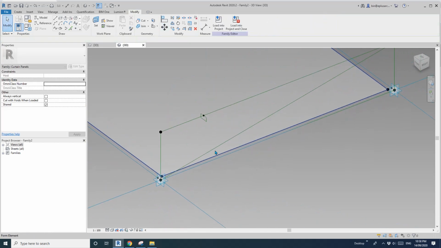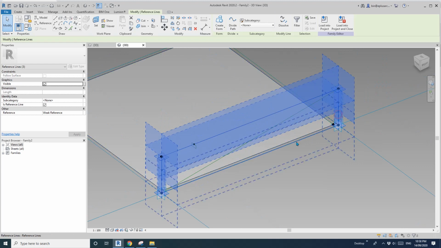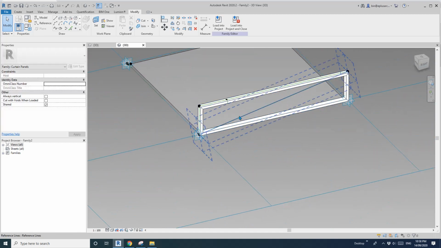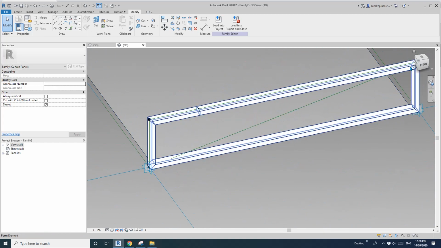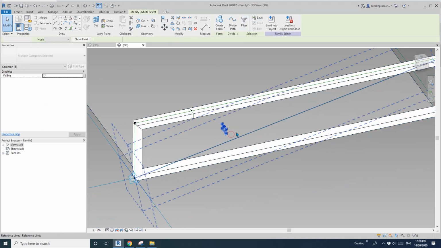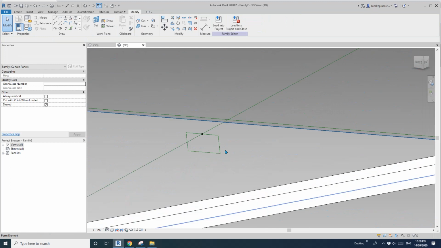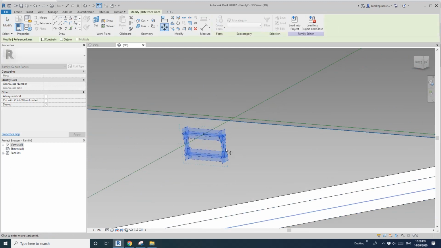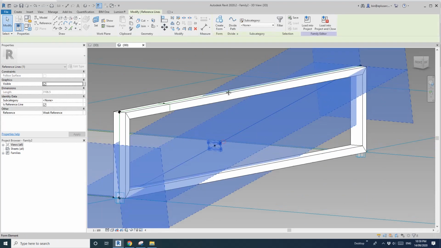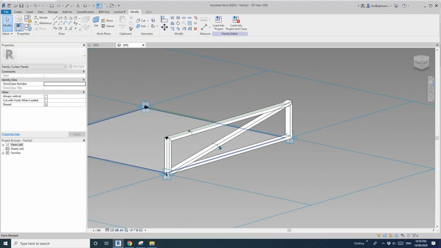So now if we select these, so 1, 2, this one 3, and this one 4, together with the profile, create form, so this will be the frame. Okay, and also maybe we need that one, so I'll select this point together with the profile, copy, and then select this point, pick new host, and for this one I will just move it up 25, and then I'll create this form. So I'll just ignore this. Okay, so yeah,